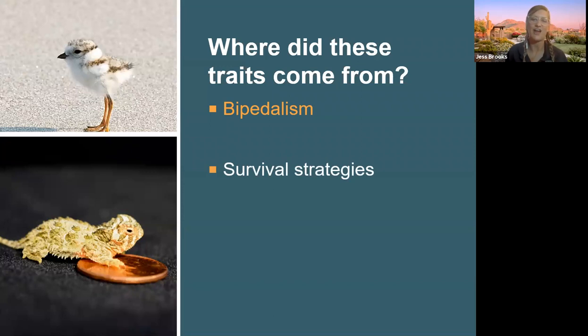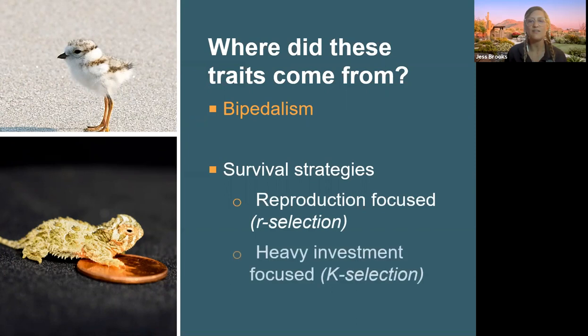There are survival strategies in that. In the animal kingdom, there are animals that once born charge headfirst into the world without much care or assistance from their parents. They're pretty independent at birth. On the other side of the spectrum though, there are animals that depend greatly on their parents for food, water, protection, etc., until they're able to fend for themselves. Now, imagine that if you're an animal faced with a choice, given limited resources, would you put all of your energy in